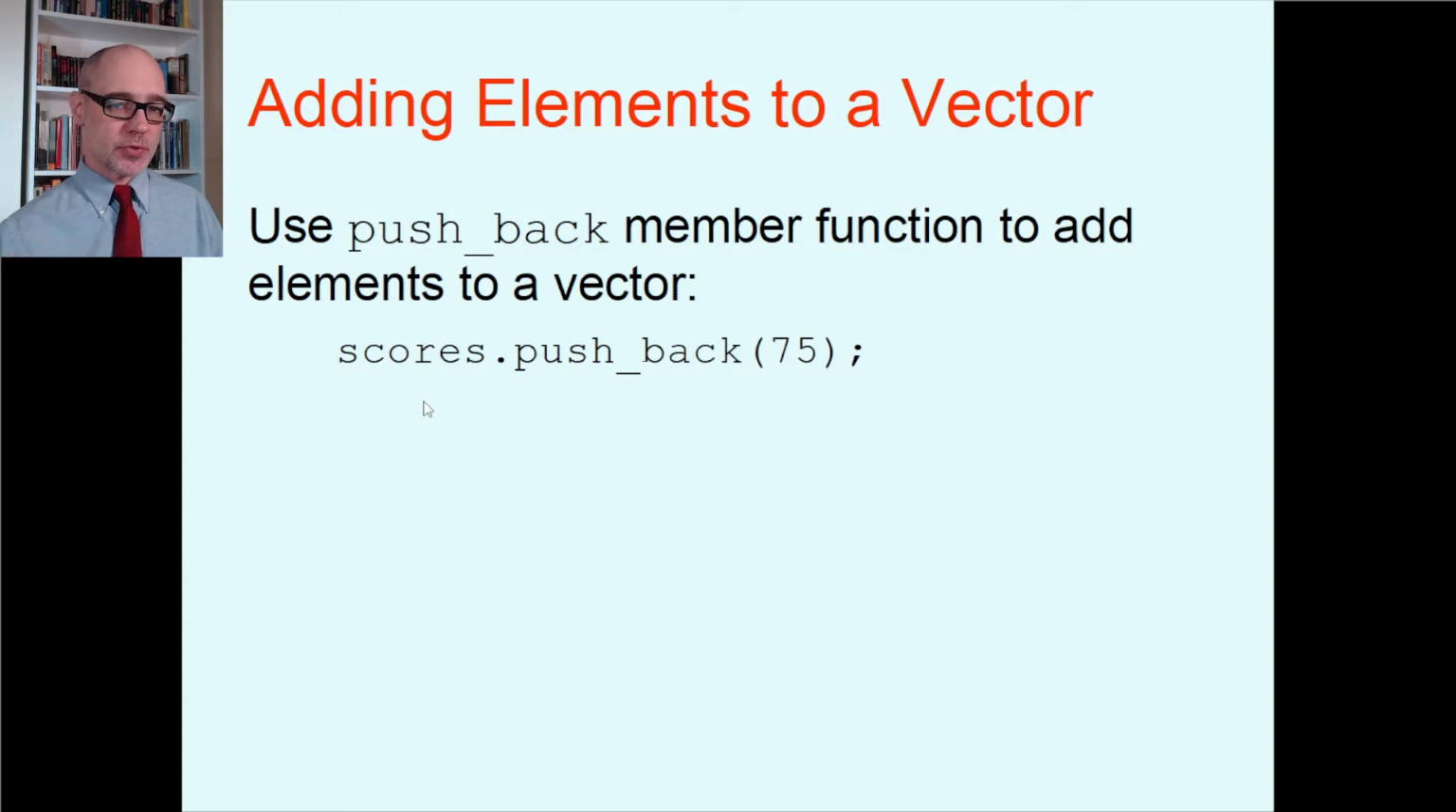So if I have a scores vector and I want to add the number 75, I'd write scores.push_back(75). Remember, object.function. The argument coming in is 75, and the 75 gets added to the end of the vector. Push means like a suitcase, more or less. I'm pushing one more thing down into the suitcase to be stored there, and that's why they use that